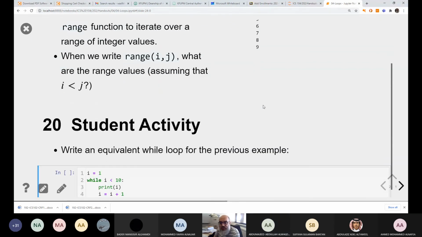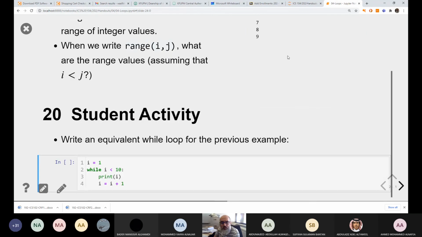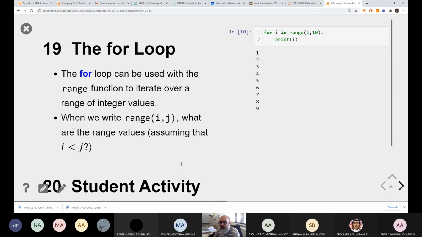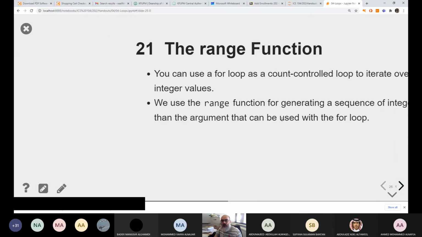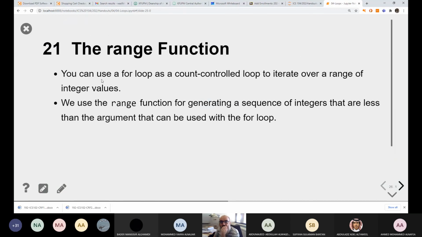So what is the while loop that corresponds to this for loop? Well, this is the while loop that corresponds to this for loop. And as you can see here, 2 lines of code were replaced by 4 lines of code. So you can use a for loop as a